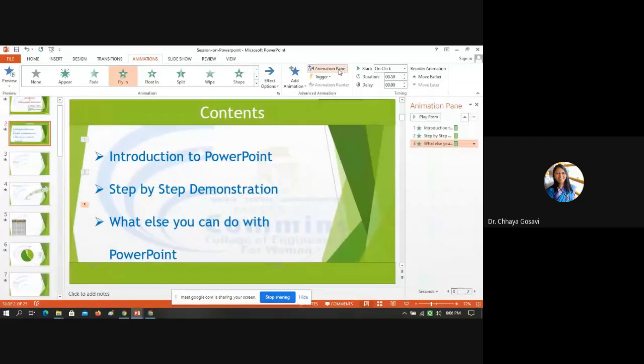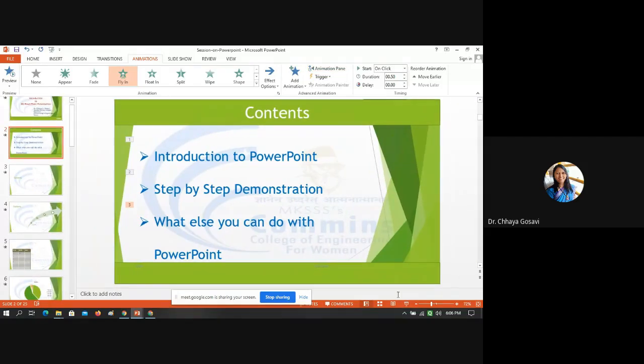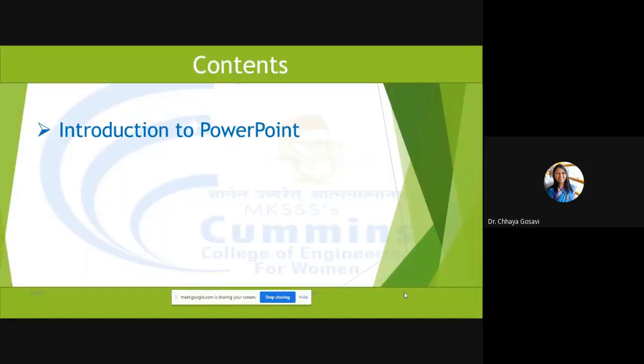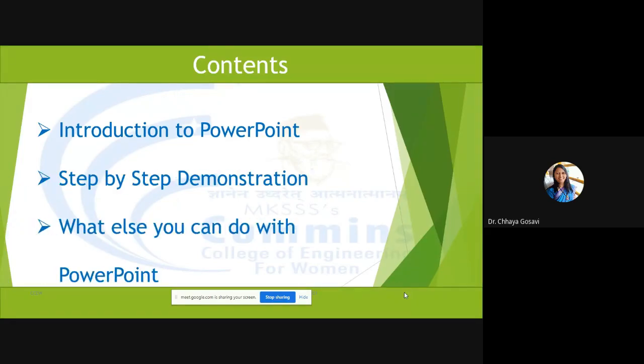It will show you these three animations and their duration, and we chose animation on click. This trigger is on click. You can close this animation pane, and if you play the current slide and press a button or mouse click, the first point will appear, then second, then third.